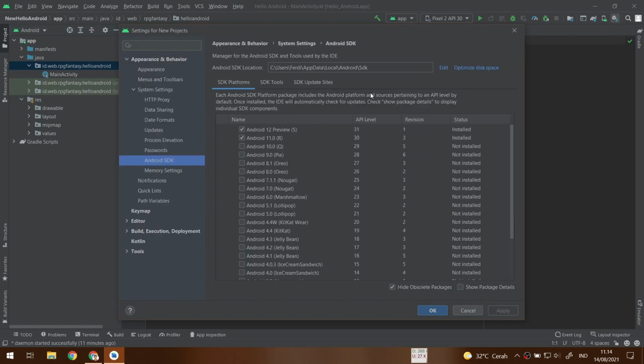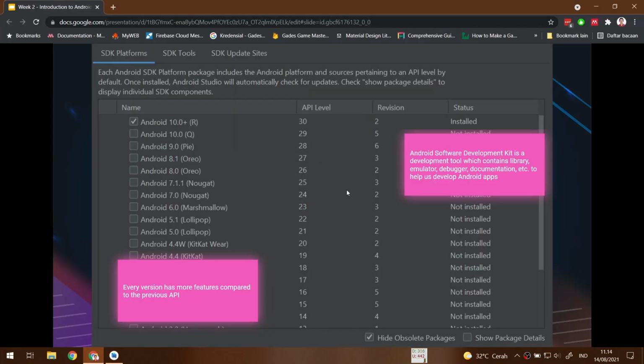You can open it for now. And then we are greeted with the SDK Manager. The Android SDK, or Android Software Development Kit, is actually a set of development tools which contains libraries, emulators, debuggers, documentation, and so on